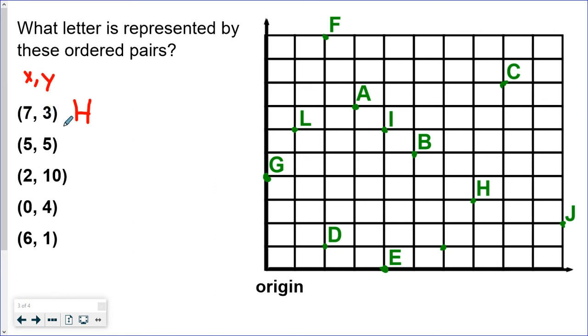We're going to get a totally different point on our grid. So I start at the origin. If I went the wrong way, if I went 7 up first, 1, 2, 3, 4, 5, 6, 7, and then I went over 3 places, 1, 2, 3. Oh, wait, here's letter A. So some people might think that the answer is letter A, but what they did wrong